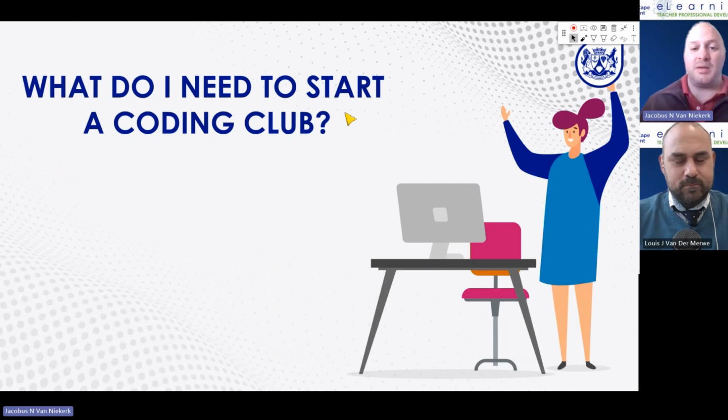But generally speaking, the WCG schools infrastructure that we've got out there, your mini PC labs, the schools that have received tablets, and more resources that are eventually going to be delivered to other schools, are more than enough for you to actually get going with your coding club. But it's also a very convenient excuse not to start one. So you actually only need the following two things.